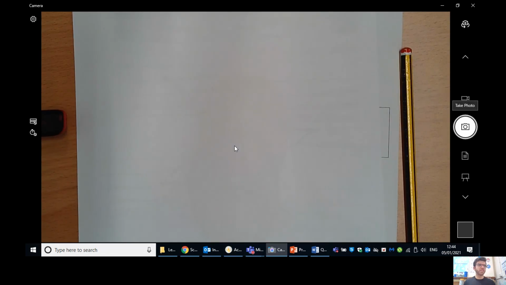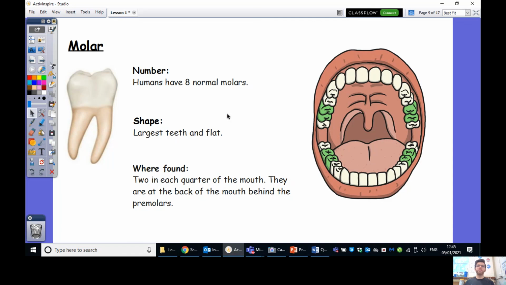So again, let's do a recap. What was the first tooth that we looked at? I'm going to give you a clue over here. What was the first tooth we looked at, at the front? 3, 2, 1. Hopefully incisor. Then we looked at the dog teeth, the pointy vampire ones, which are called the canines. We've just looked at the molar. What are the ones that come before the molar? What was the third tooth we looked at again? 3, 2, 1. Premolar, hopefully. And then finally, we've got the normal molars just over there.